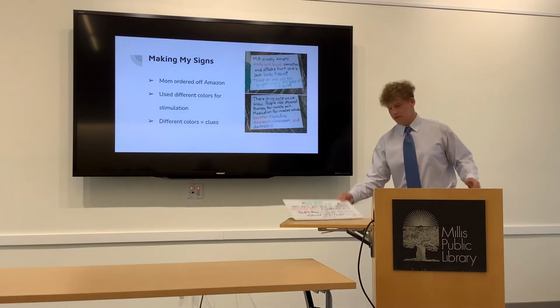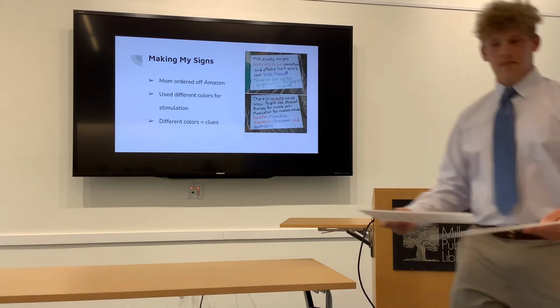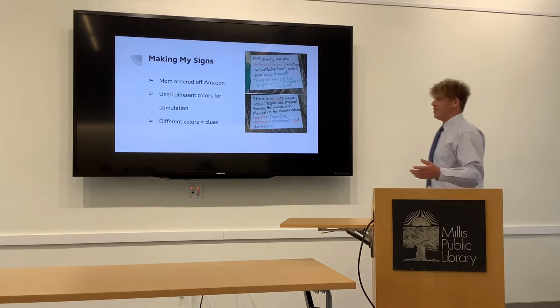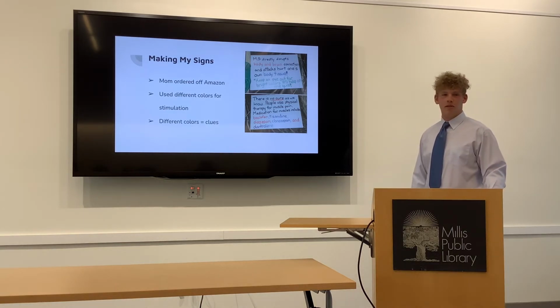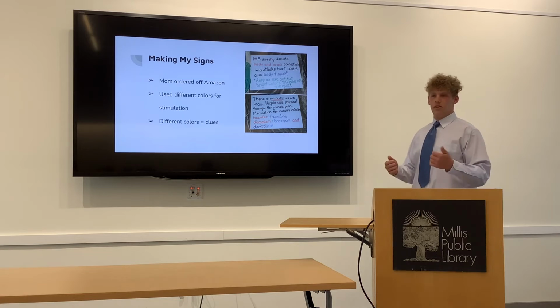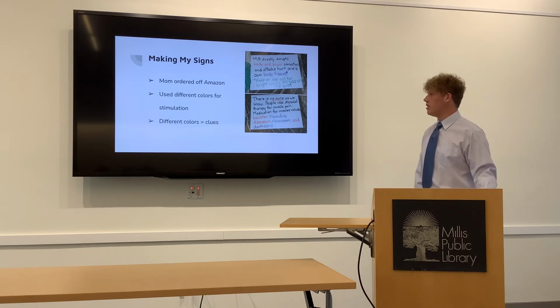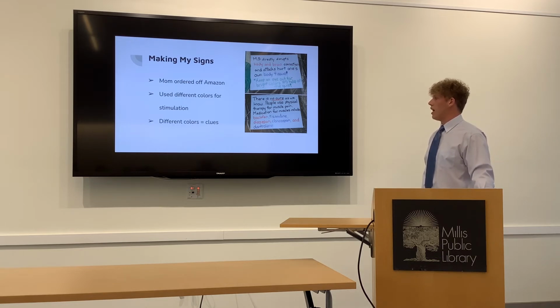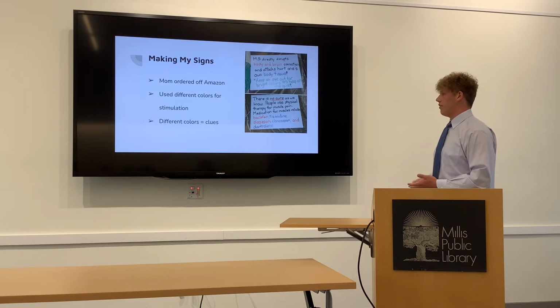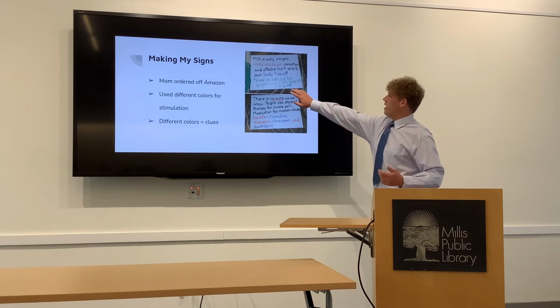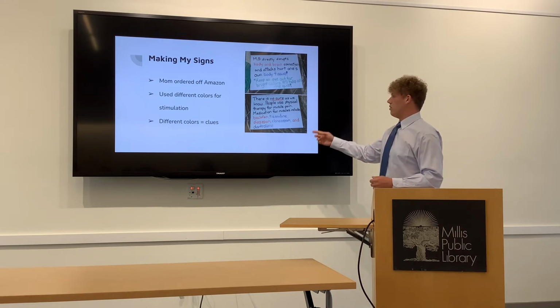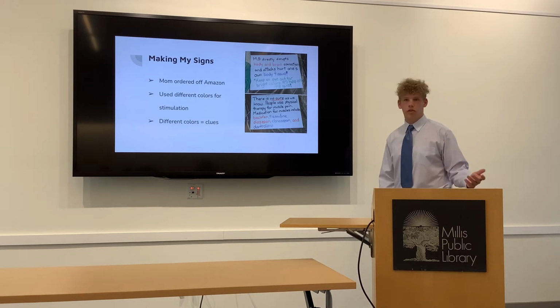Now, making my signs, I'll hand out these signs real quick. You guys can take a look at them. That one's rubbed off a little bit, but my mom ordered these off Amazon. I didn't even know at the time, but once she got them, I figured they'd be perfect. You stick the metal things in them, and they're like lawn signs. And as you can see, I used some different colors, and I wanted to keep it mainly black, so when there were different colors, it would pop. This is one for stimulation and second for clues. This green color right here, it was just hints, like little tips. It wasn't actually on the quiz, but anything that was red or blue, you needed to remember for the later quiz.